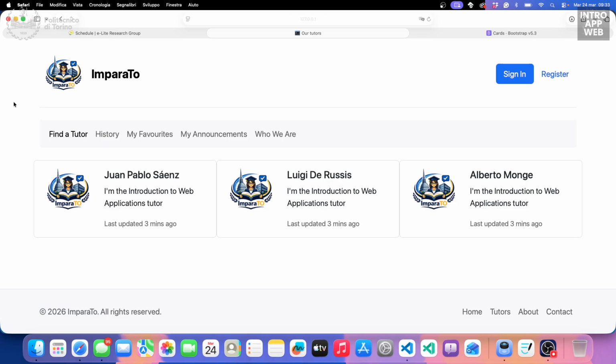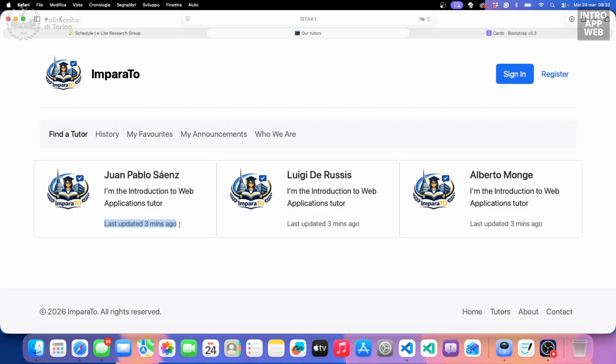So now it works. Now it is dynamically loading the data that it received from app.py, and it is displaying here. So now it is Juan Pablo Sáenz, Luigi De Russis, and Alberto Monge, because that's the data that it received from the web server. And we will do exactly the same for the description,